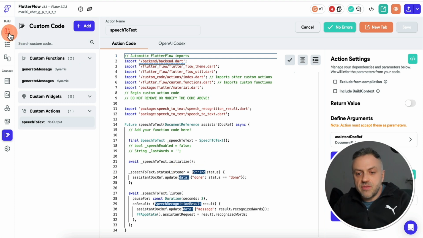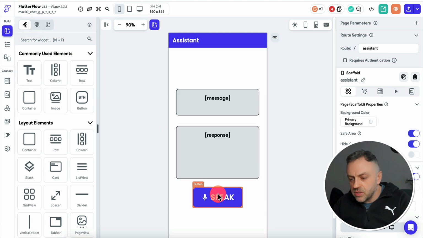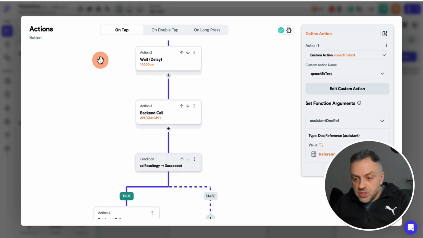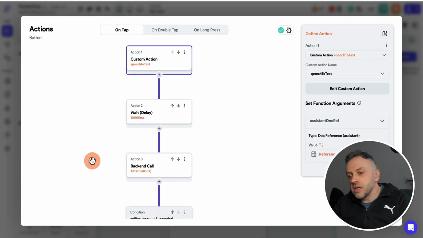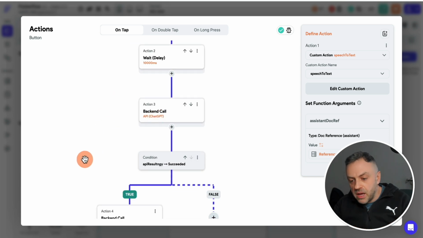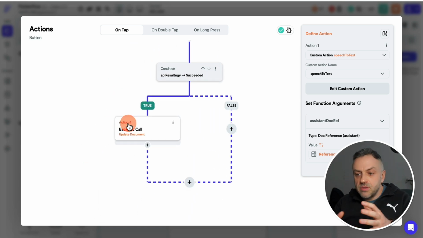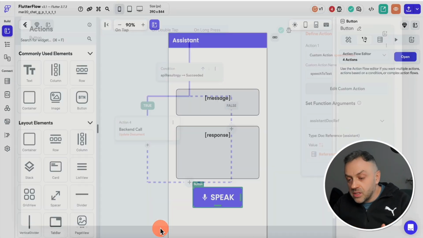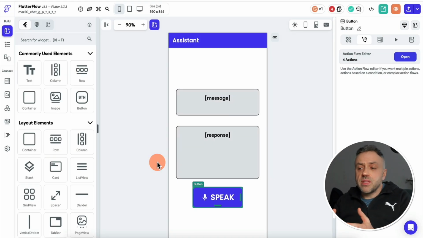Well, there's lots of action stuff that is going to be happening because if you click on this button and you go in here, we have a bunch of actions here. We have various things happening. We have this custom action. We wait a little bit. We make an API call. And then depending on the results from that API call, we're going to be doing something else as well. And so here's another example of an app where you have to kind of sit down and think about the